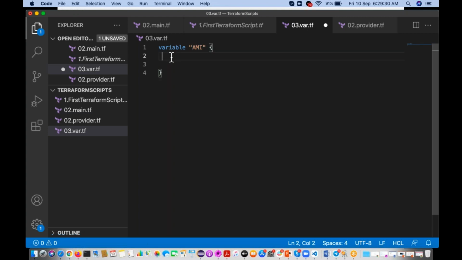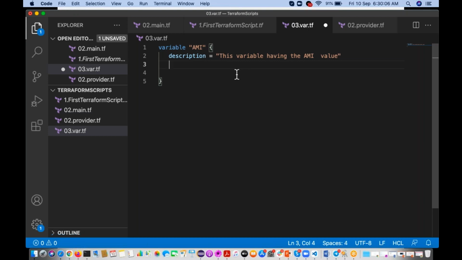We have one property called description. Description equals, you can keep a message: this variable has the AMI value, so that we can easily understand.